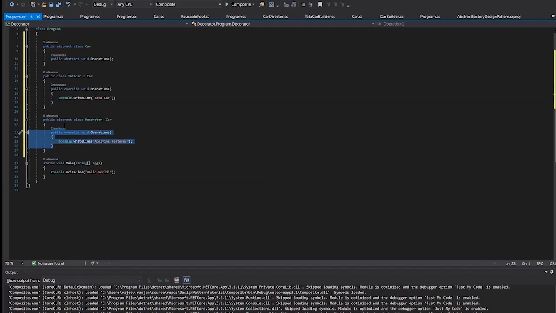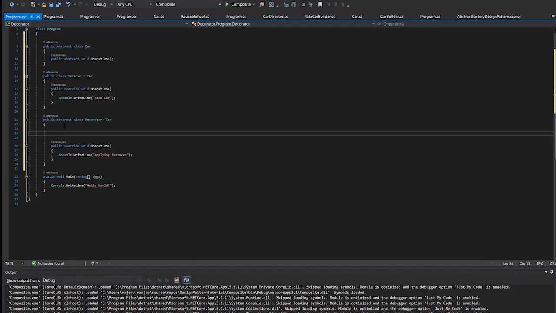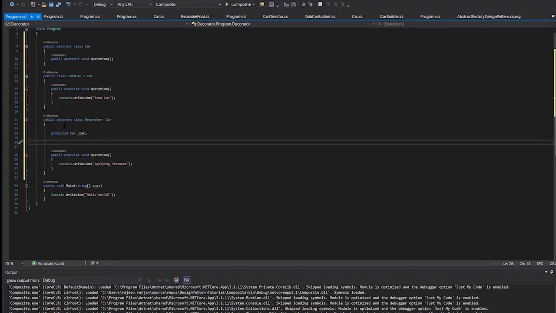We had seen a composition relationship between decorator and car. So decorator will have an instance of car. I will create a protected car. And to pass the car object, we need to create a constructor also.